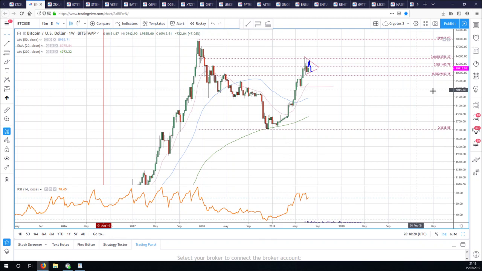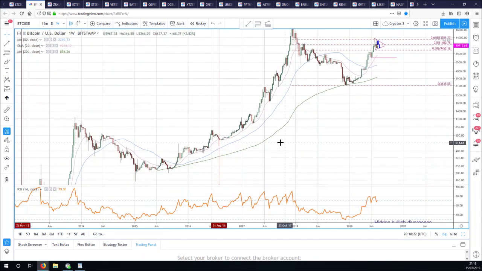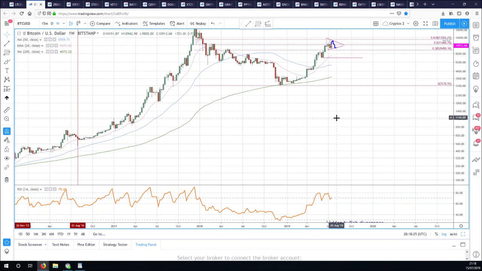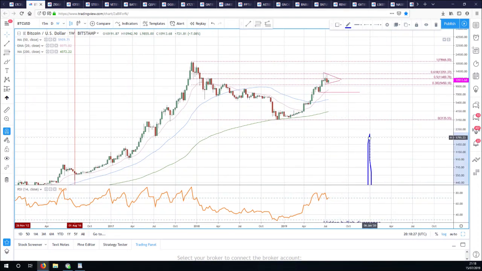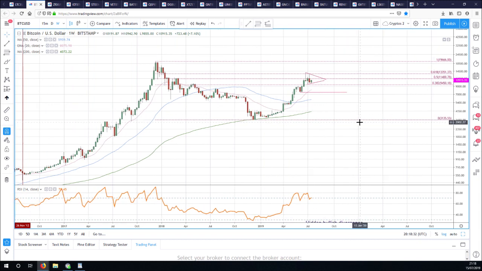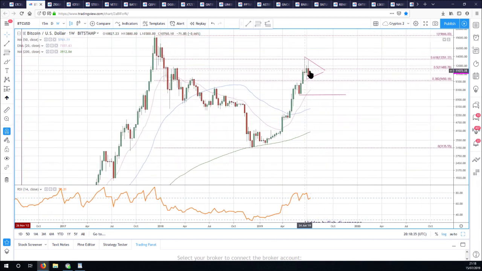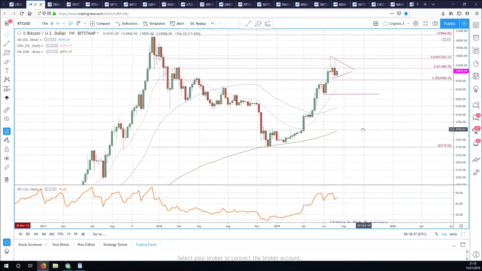Okay, XMR is the last one. We'll do XMR. And so, could we rally away from here and this is the correction over in Bitcoin? Yeah, we really could. But if I'm right, and this is a wave 4 and this was our wave 2, these corrections are very often equal in time. And this correction here, that when we did it in December, January, was 6 to 7 weeks long. And so far we've only done 3 weeks. 6-7 weeks would take us to the end of July.